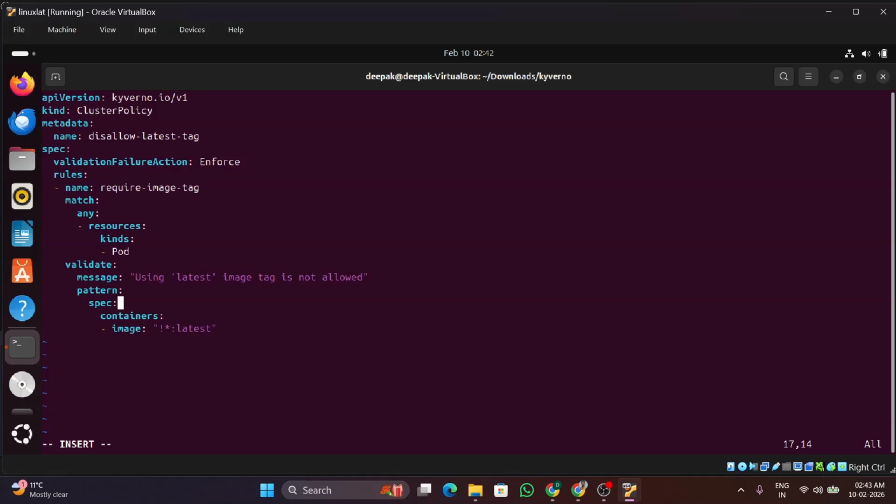Any image name that is ending with colon latest will be rejected. This checks the image field of every container. If any image ends with latest, it fails. So I will save this file